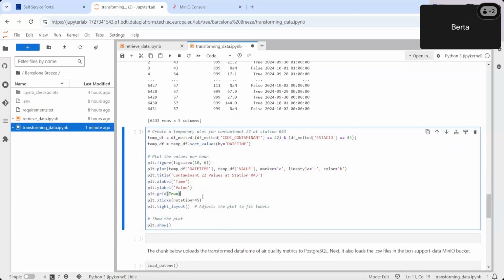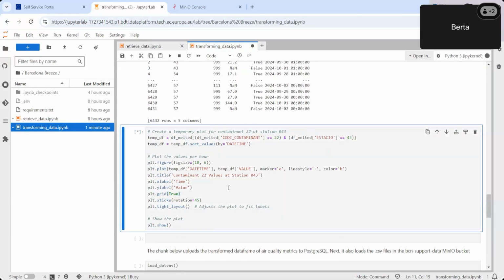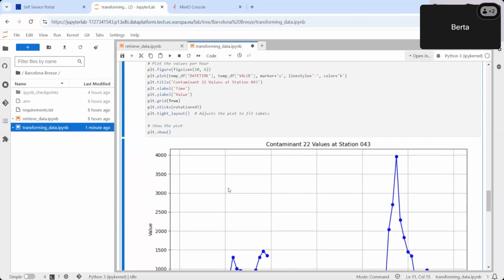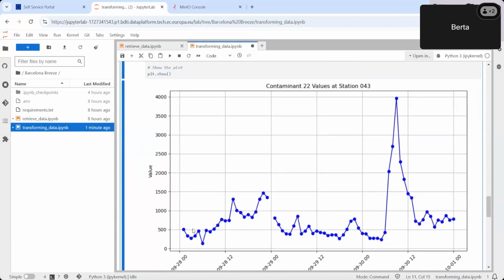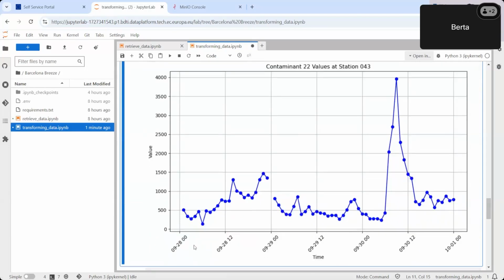Next, we can plot, for instance, the values for a given contaminant in a given station to see what that looks like. This is what this chunk of code is doing here. And we see this is the value of the pollutant number 22 for the station 43 over time. So for the last 3 days available.